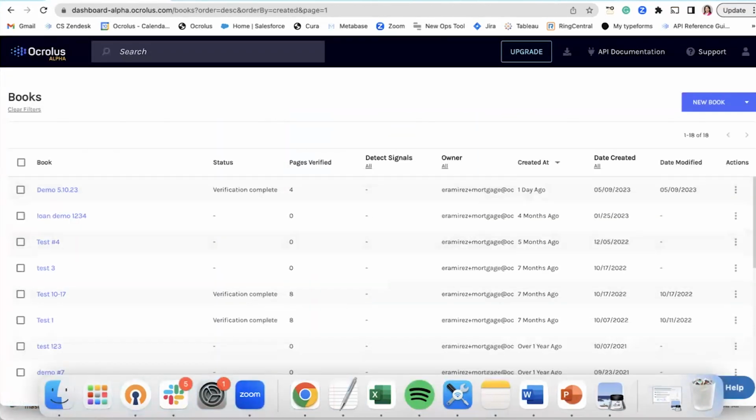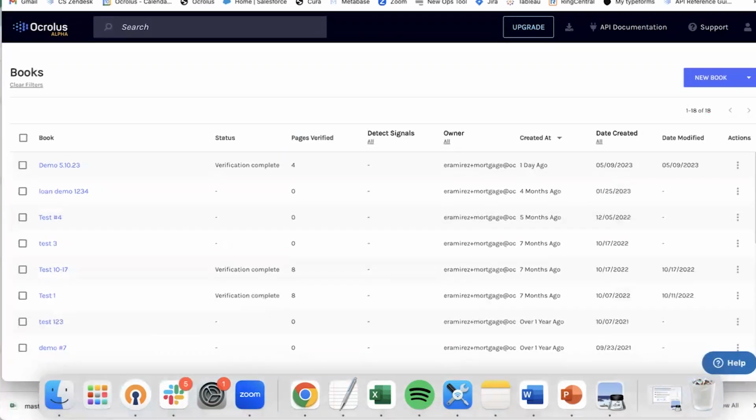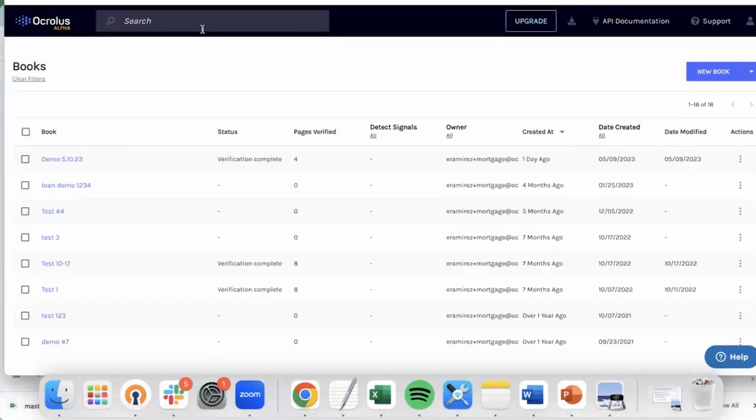So for today's demonstration of the Analytics 2.0, I'm going to give you a quick demonstration of the ability to view the different views of the analytics. So for today, you can see that now users will be able to benefit from a more intuitive and interactive way to view borrower information. In addition, we're going to be able to give you more analytics output and versions, whether it be a visual